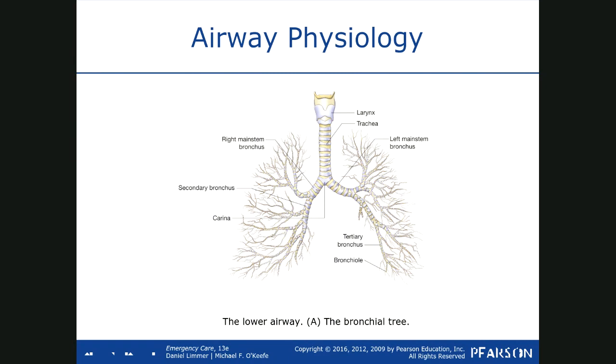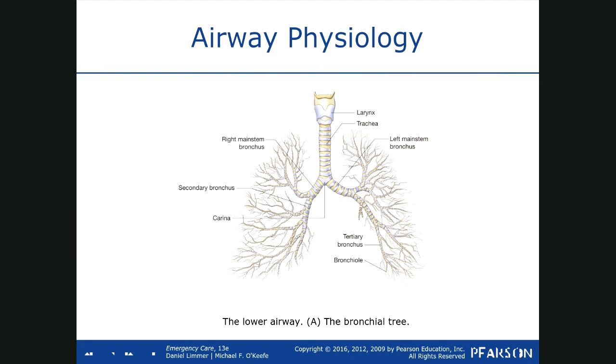So as air travels down, the trachea is a rigid structure surrounded by 10 to 12 semicircular rigid cartilaginous rings. And then it bifurcates or separates at an area called the carina to the left and right main stem bronchi. The bronchi are further tubes that protrude into the lung structures, and again are surrounded by cartilage, so they're nice and sturdy. So they divide and divide and divide and subdivide, and after about 20 subdivisions or so, they turn